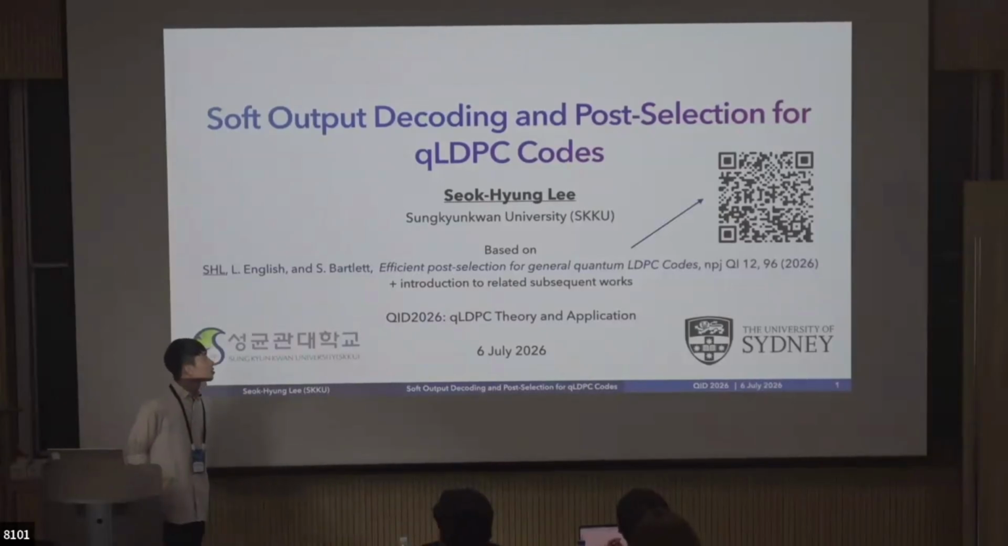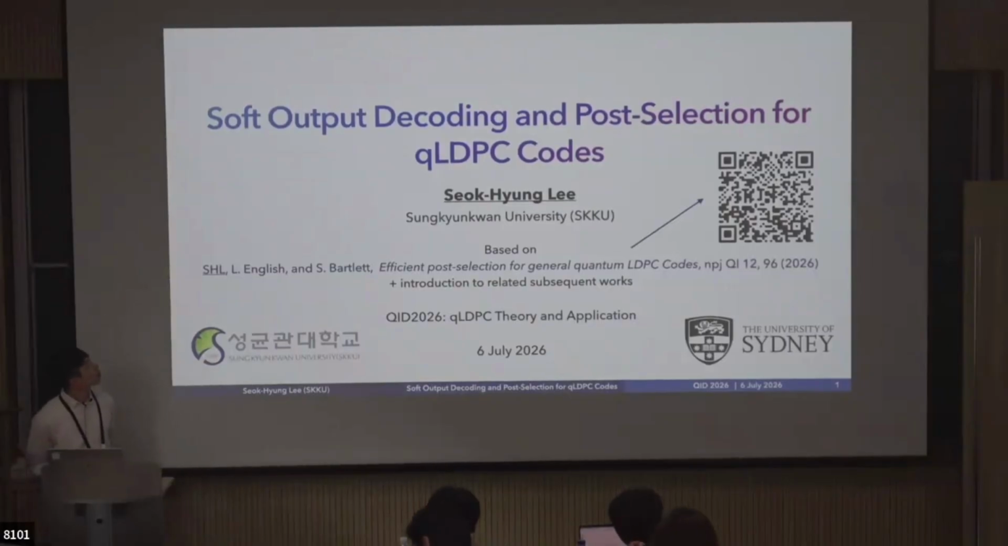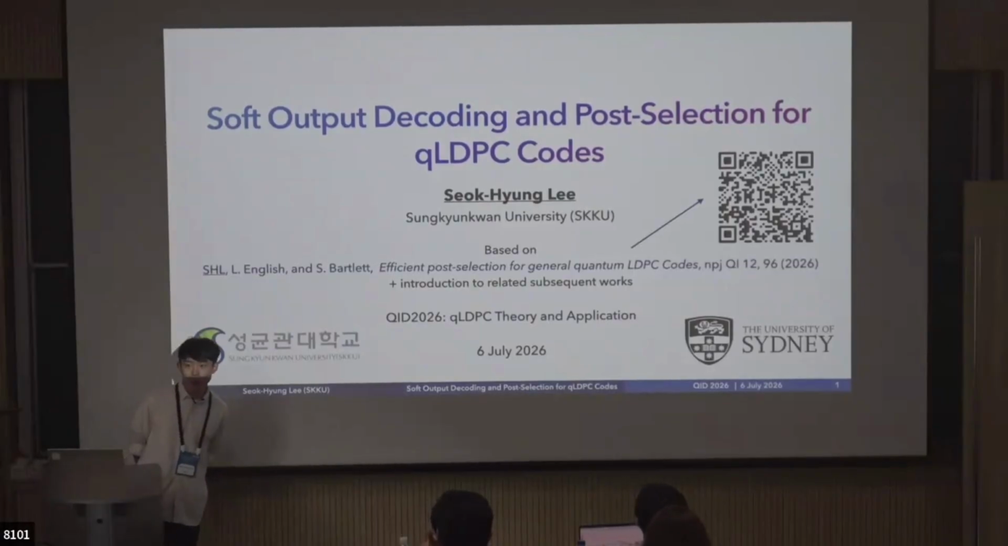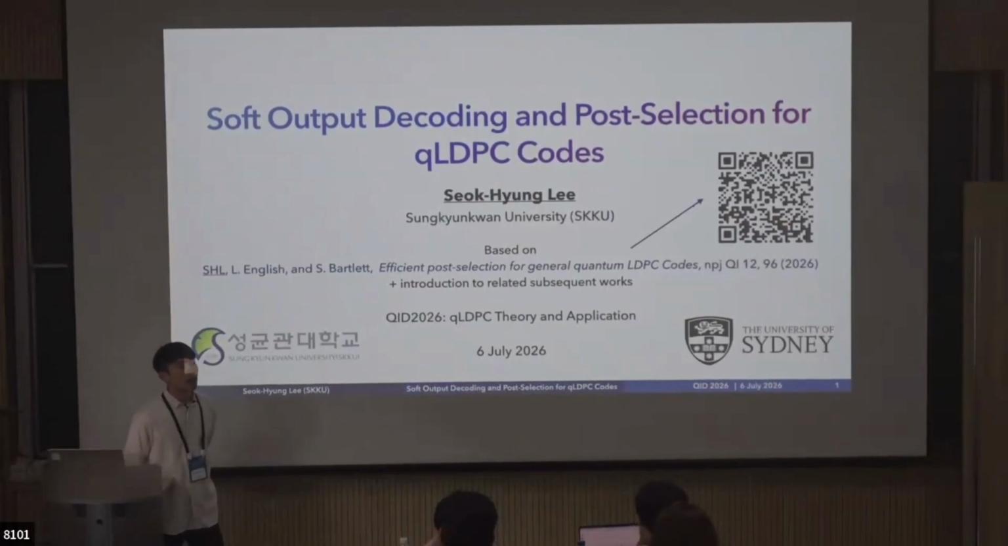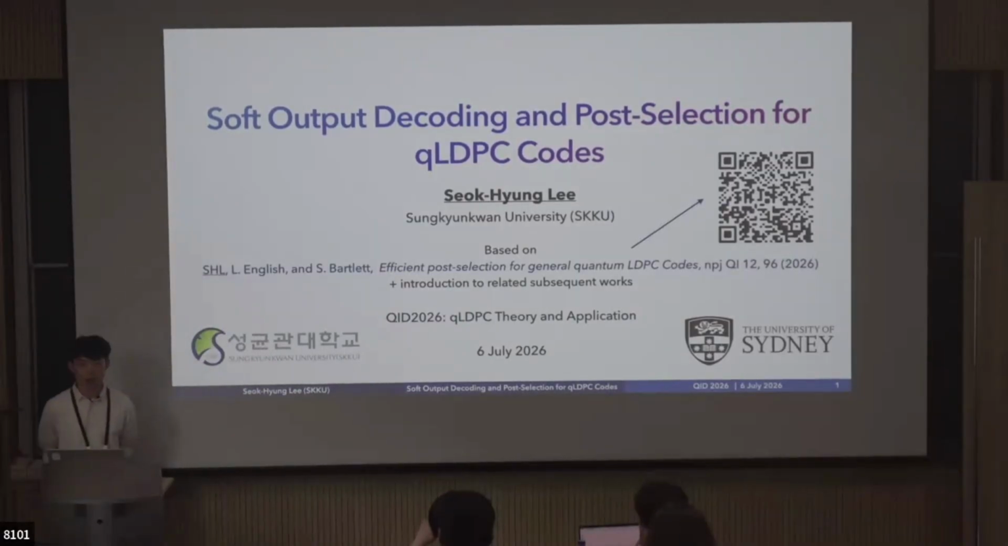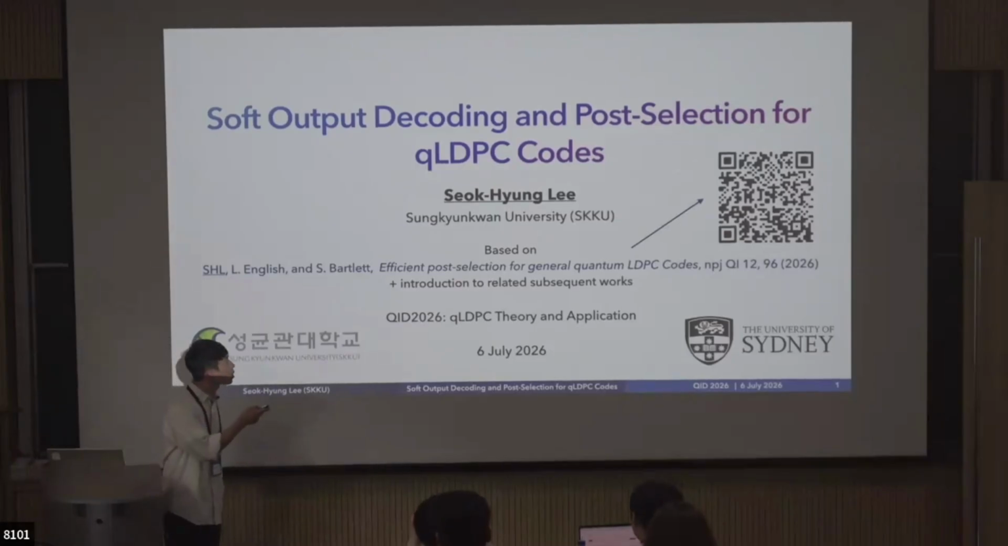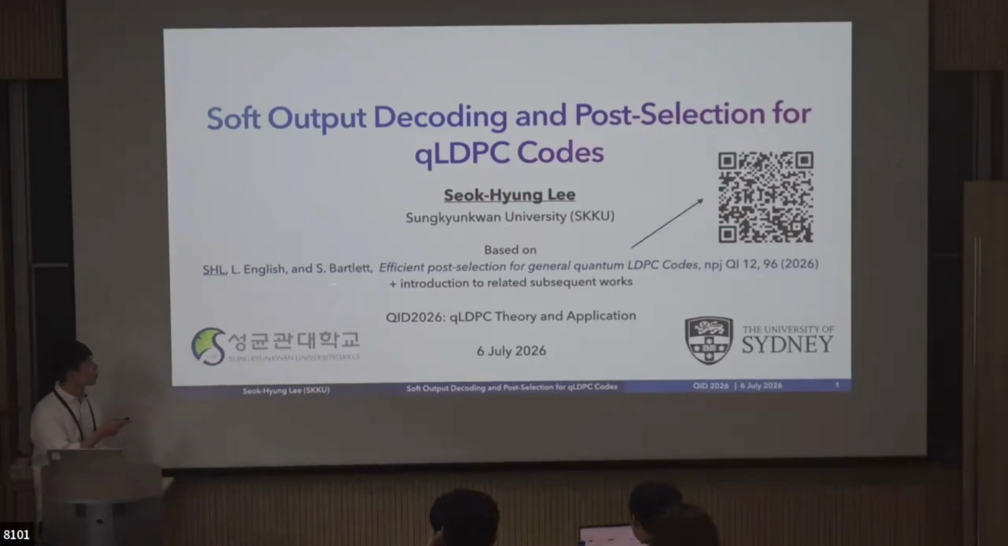So today I'm going to talk about soft output decoding and post-selection for quantum LDPC codes, which is about utilizing some additional information besides bare corrections from decoding to suppress the resource requirements of quantum error correcting processes. This work will be mainly based on my recent paper, Efficient Post-Selection for General Quantum LDPC Codes,